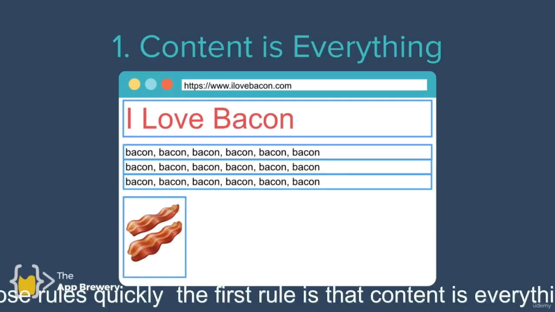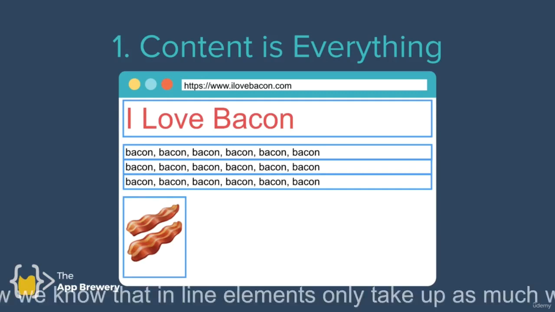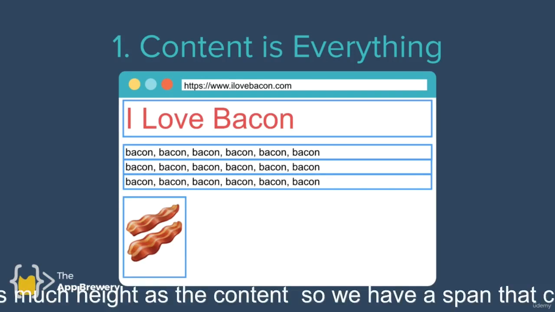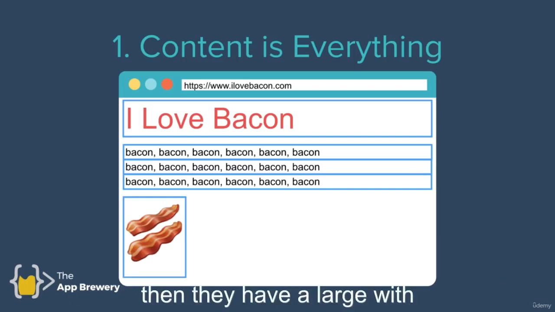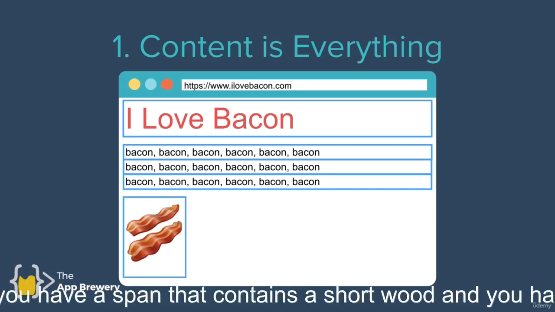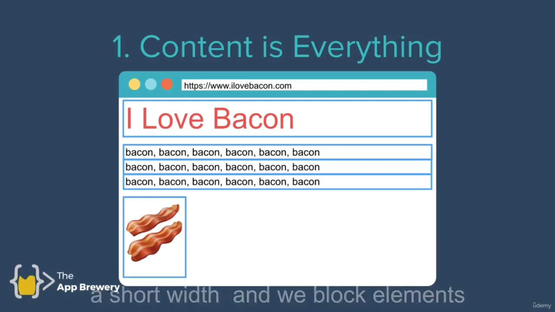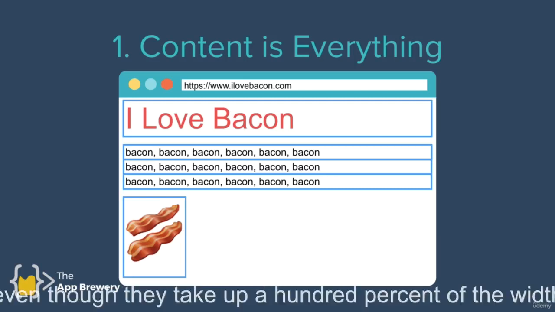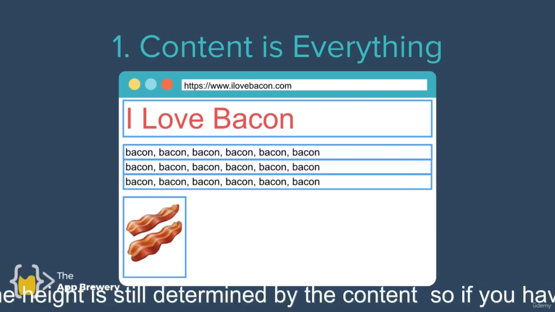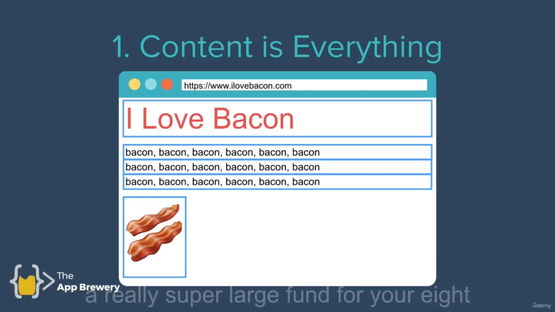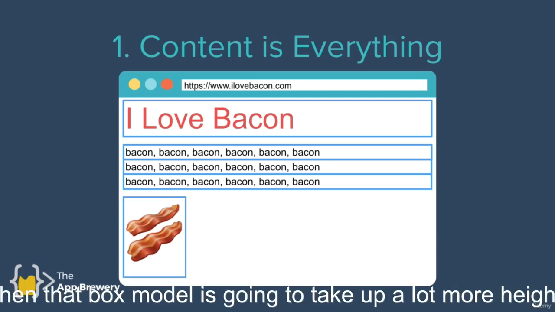The first rule is that content is everything. Now we know that inline elements only take up as much width and as much height as the content. So if you have a span that contains a long word, then it has a large width. If you have a span that contains a short word, then it has a short width. And with block elements, even though they take up 100% of the width, the height is still determined by the content. So if you have a really super large font for your H1 or for your paragraph, then that box